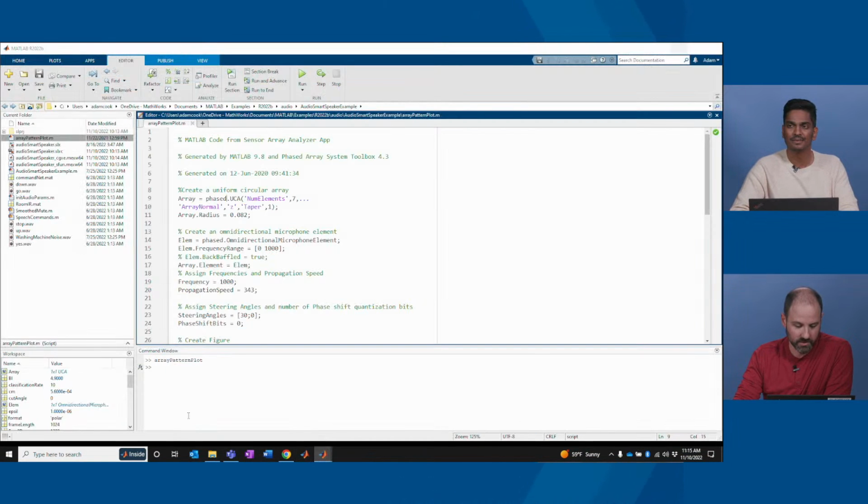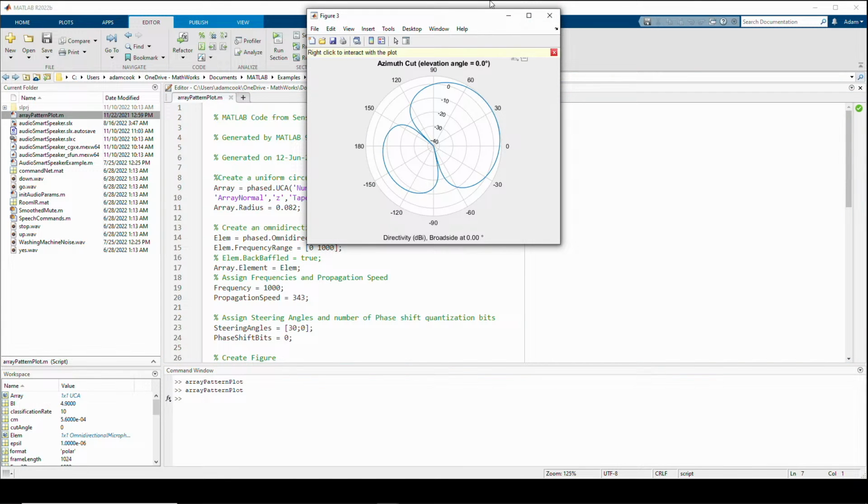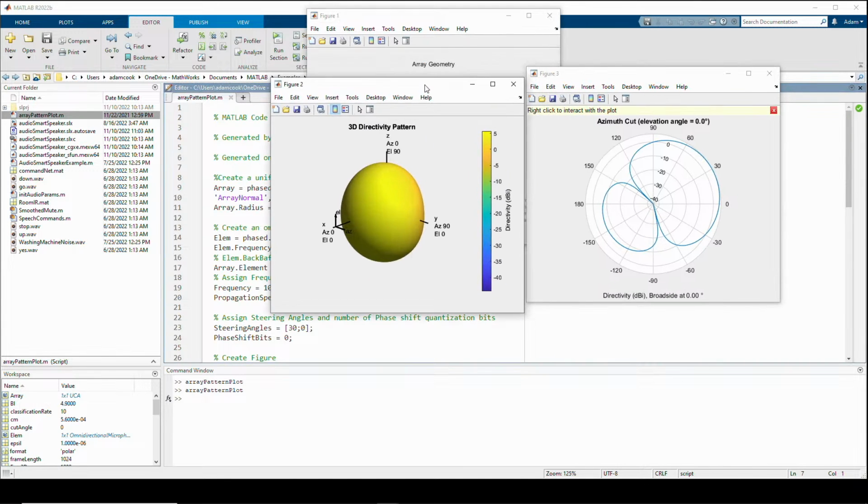So we're showing Simulink here, but as we talked about, Simulink lives on top of MATLAB, and we can use MATLAB as a handy tool for analysis of the things that are happening inside of our Simulink model. So what I have here is some MATLAB code that actually analyzes that microphone array and plots the response of the beamformer. So if we look at these three different figures here,